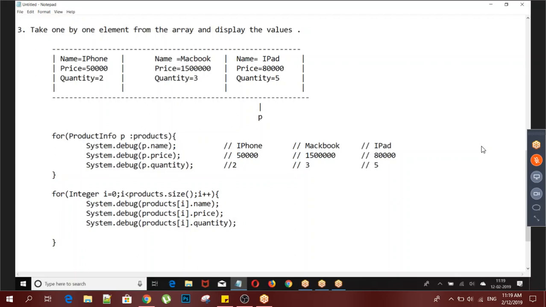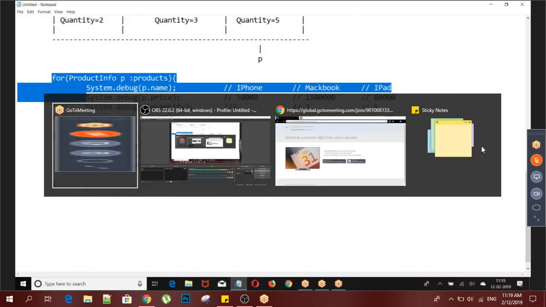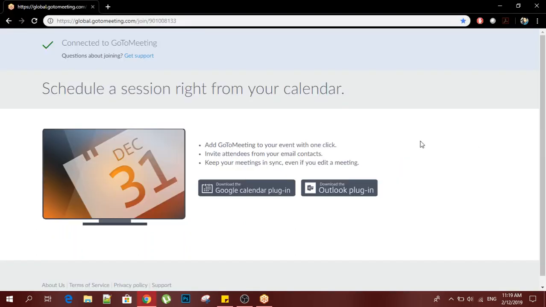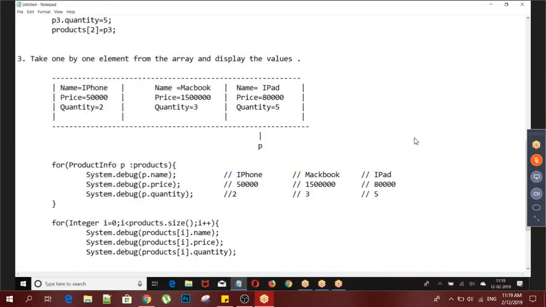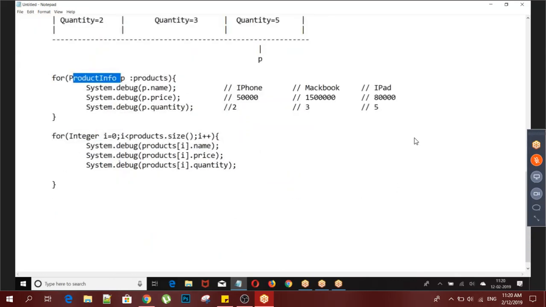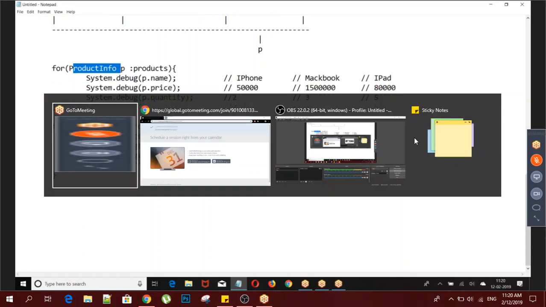This is how I wrote. Same logic I have made simplified like this. Are you clear about this? Everyone has followed this loop? Clear for everyone? So if array is of product info, I will take product info. If array is of employee, I will take employee.